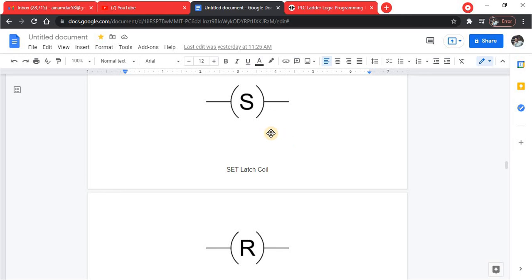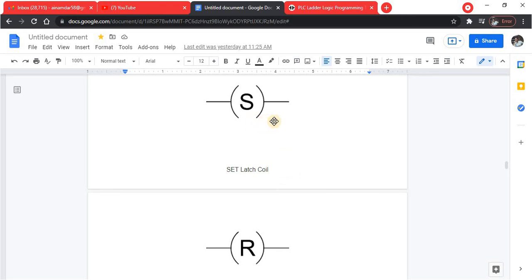The set or reset function consists of two different coils, and even though they are two separate coils, they control the same bit.